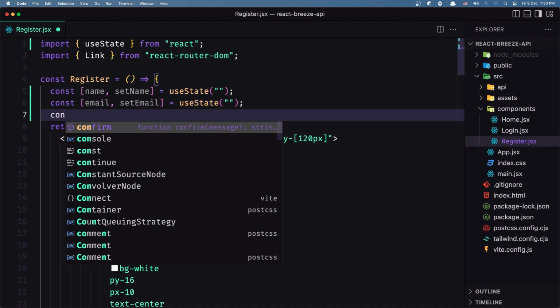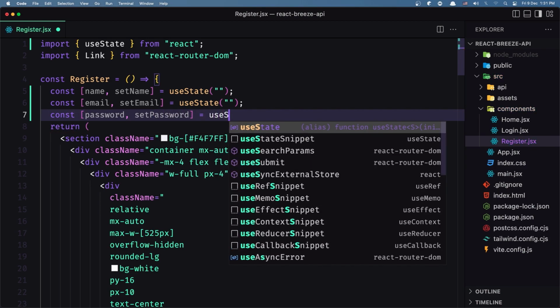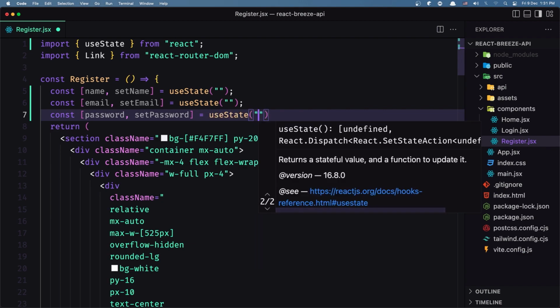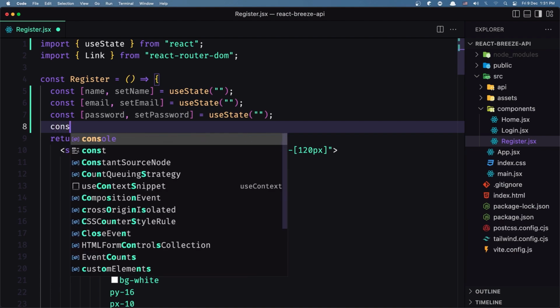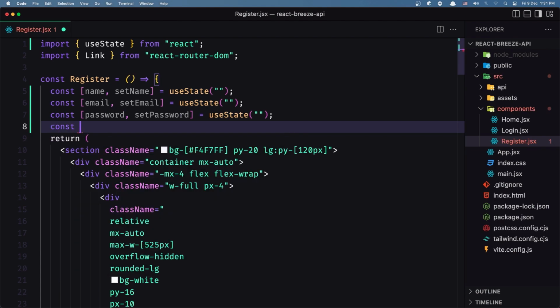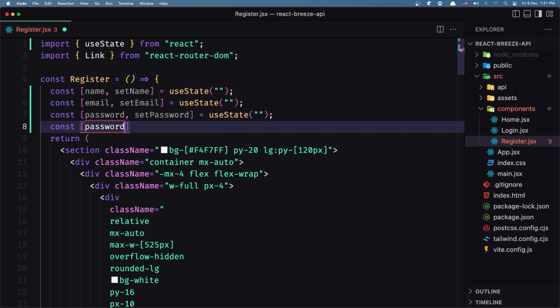Create a constant for the password now, and set password equal to useState, initially an empty string also. And now the last one is for the password confirmation. So let's say password underscore confirmation,